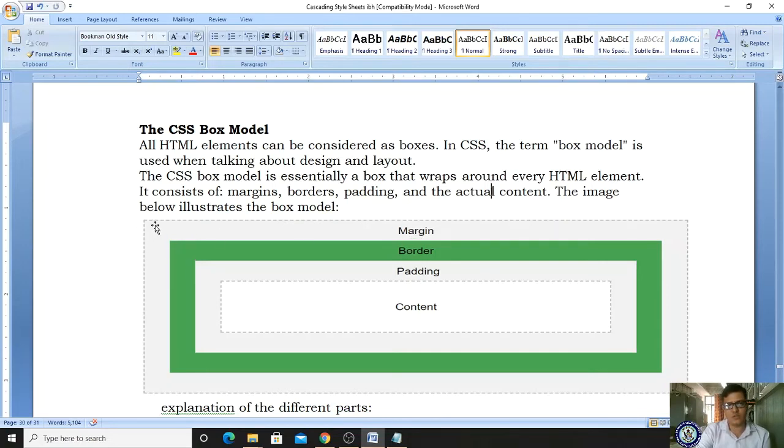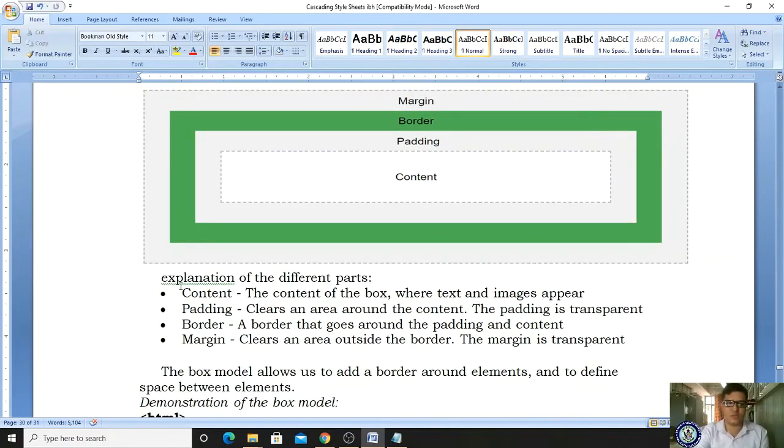If you observe the explanation of the different parts, the content is the content of the box where the text and images appear, that is, where your text as well as images appear in your web pages.